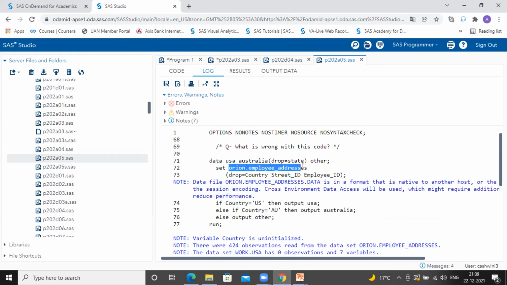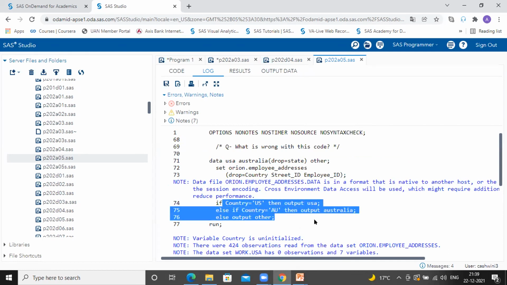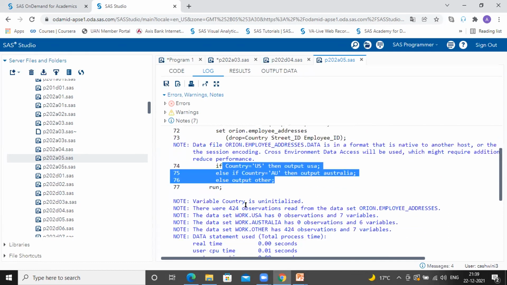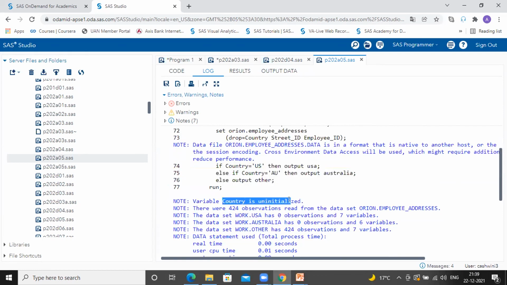See, from the input data, you are dropping country, street ID, and the variable which you have already dropped is not there in the PDV for processing, and you are asking to select the variable values on this criteria. Hence, it's telling you a note that this variable country is not there in your PDV. That means it's creating it as if it's a new variable country. And because whenever a new variable is created, it's treating this as an assignment statement.